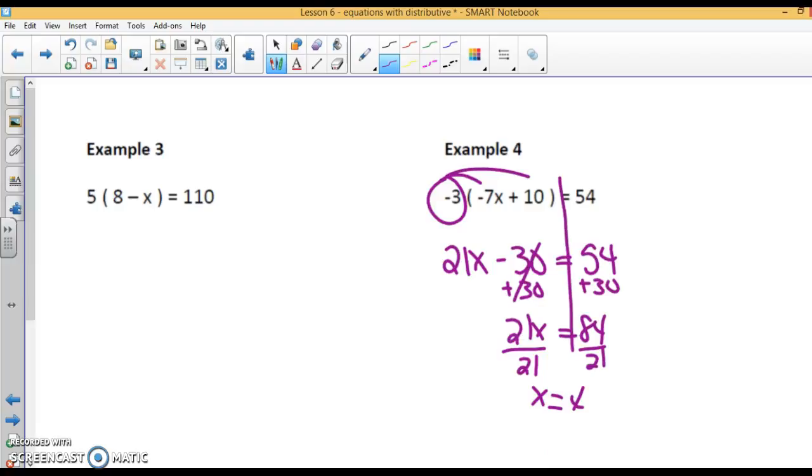All right, I also want to look at example 3. We're going to distribute the 5 first. 5 times 8 is 40. Positive 5 times negative x is negative 5x, equals 110. Now, to solve this,